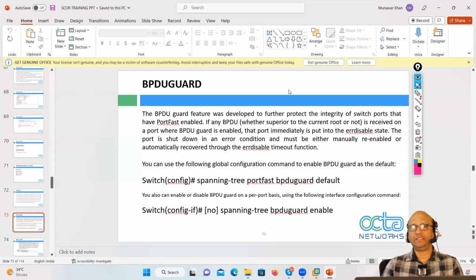Spanning tree is not disabled on these ports when you configure port fast. Okay. So, I do not want anything to happen by chance. It can be purposely, somebody might be doing it purposely to create a loop,